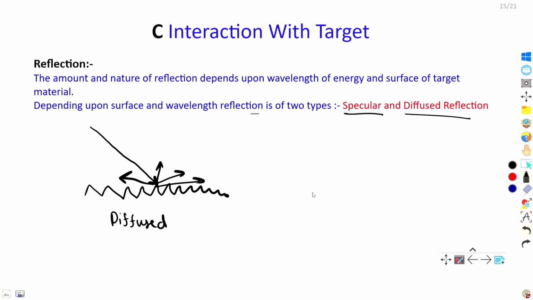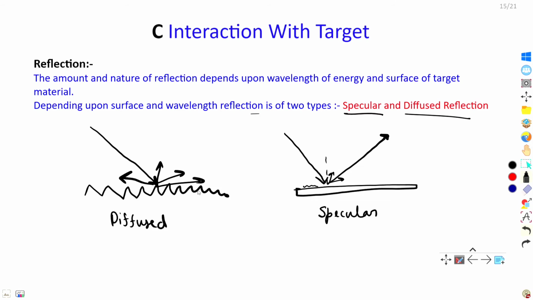But when the surface is quite planar with respect to the wavelength, meaning either the wavelength is large or the surface undulation is less, then the incident ray will come and most of it will deflect in one direction only, and the other directions will get very few or negligible. So this is called specular